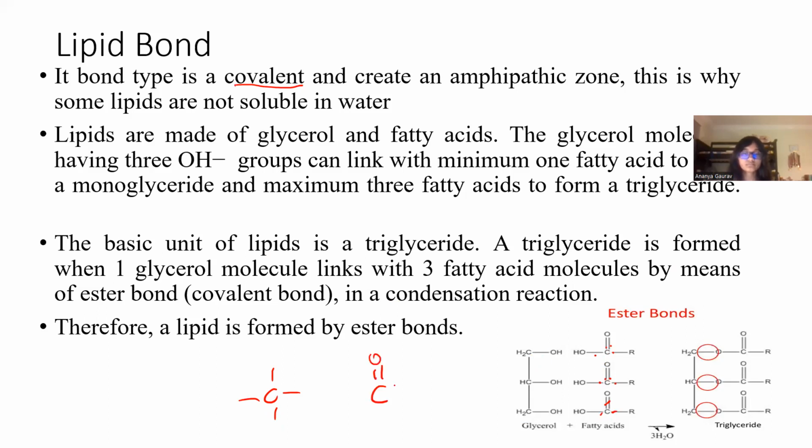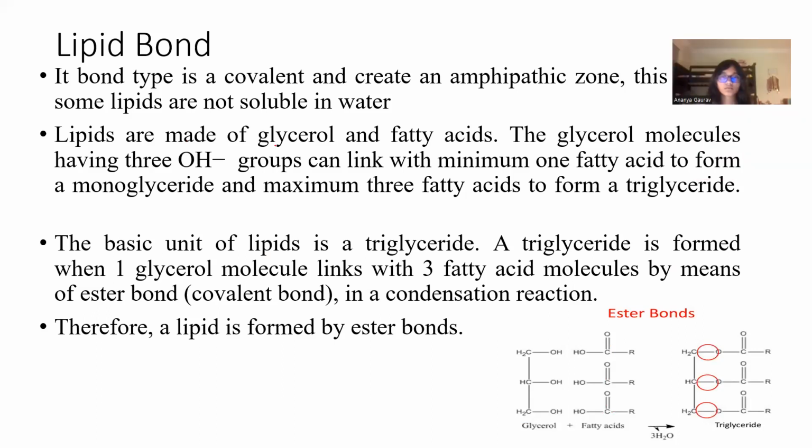C double bond O, single bond R, and here OH. It means carbon has shared how many electrons? 4 electrons. And whenever we have 4 electrons, it means it is covalent. Clear? Any doubt here? Very good. Now, lipids are... What's an amphithetic zone? See, it creates an amphithetic zone. Amphithetic means